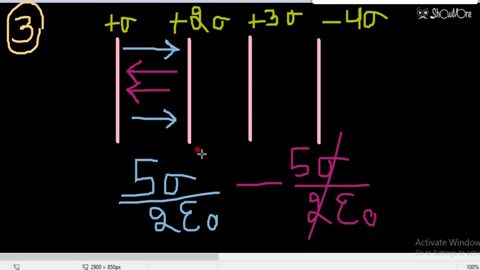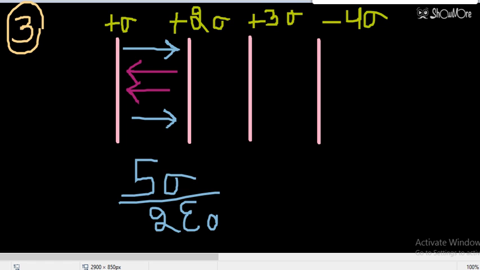So electric field in the region number 2, this is region 2. In region 2, the net electric field is equal to 0. Sigma plus 4 sigma is 5 sigma, and 5 and 5 cancel out. Yes, electric field in the region 2 is 0. So I hope it is clear. We have calculated it very well. You have to go through the complete solution. You can take the screenshot now. Now we have to move to the region number 3.